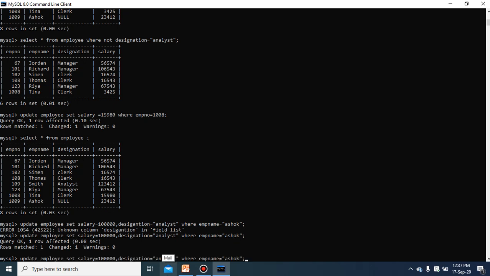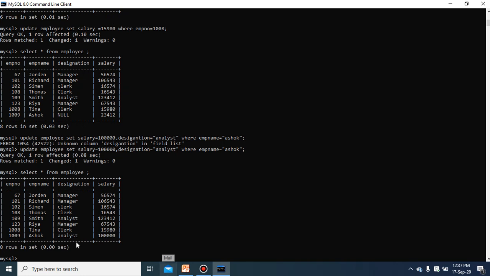If you want to check it, then you can check by writing the command select asterisk from employee. When you created the table, Ashok's designation was null and its salary was 23,000 only. This time when you have given the command for modifying the record of employee name Ashok, it would be analyst and its salary would be 1 lakh.